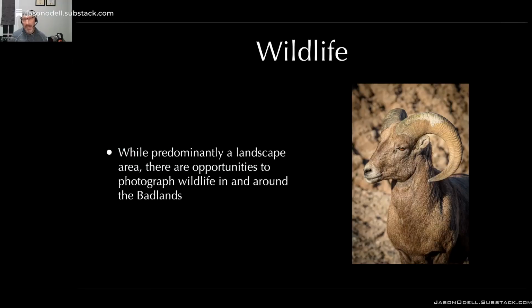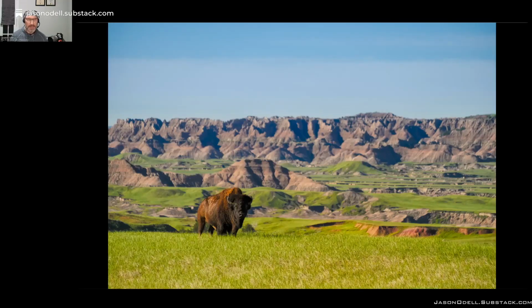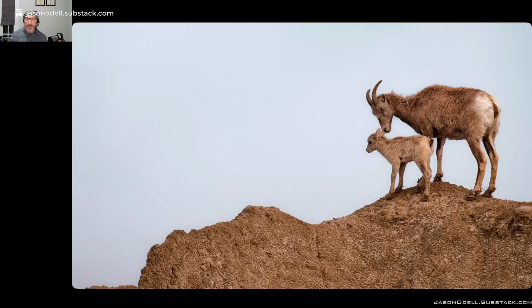Now, there is wildlife out there. It's not a wildlife destination. I don't do a wildlife photo shoot there typically, but there's wildlife that you'll see. So it's nice to be prepared for some stuff. So you get the bighorn sheep, you got bison. There's a bison in that green grass. They can graze on that stuff, no problem. Some more sheep, the little baby sheep,